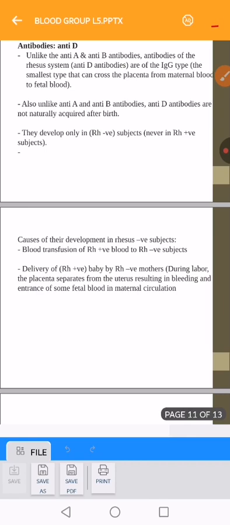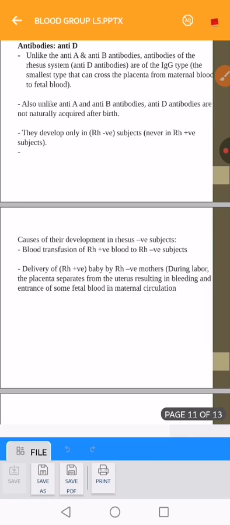If she gets pregnant with another child with positive blood group, she will transfer that IgG antibody to the fetus. And what happened? That antibody attacks that rhesus positive fetus and leads to hemolysis. Okay, so to avoid that